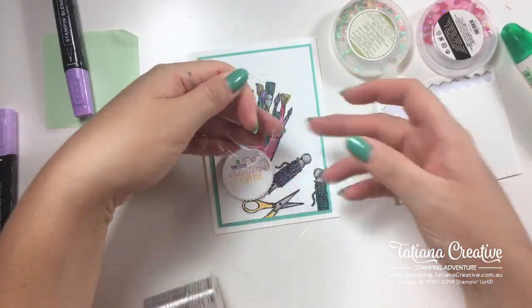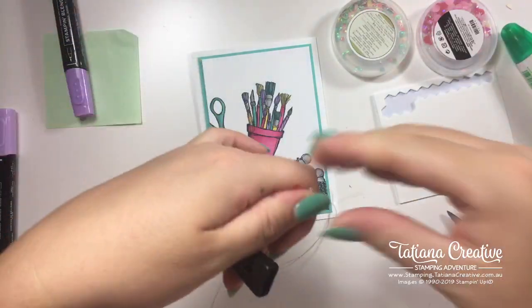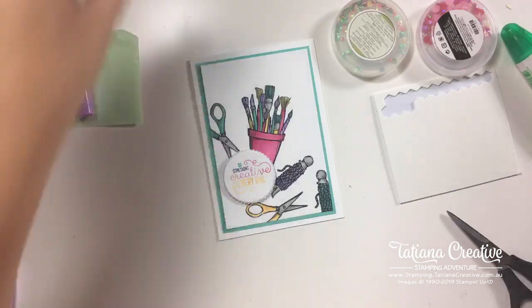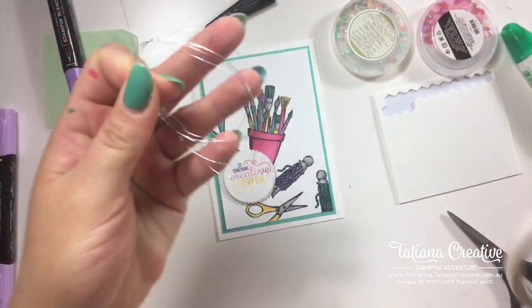So I've just wrapped a whole bunch of that around my fingers, and now I'm just cutting that off. And what I should have done is put down some tape first. The way I like to put,